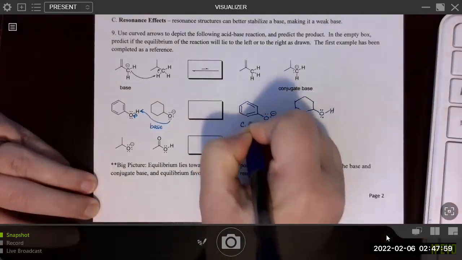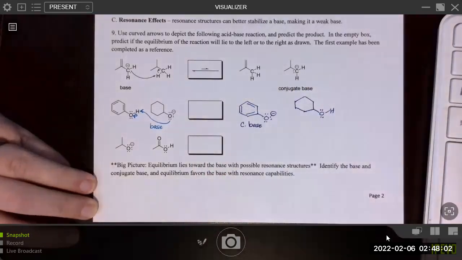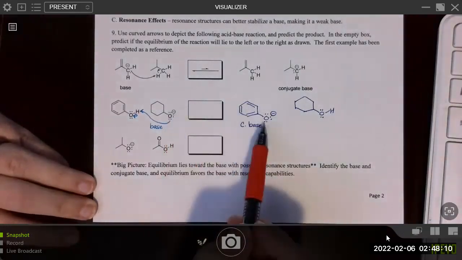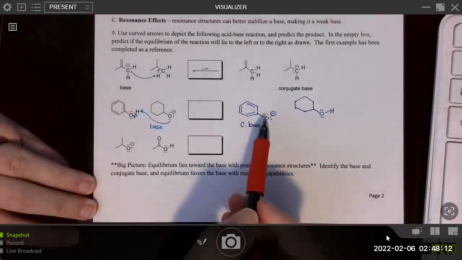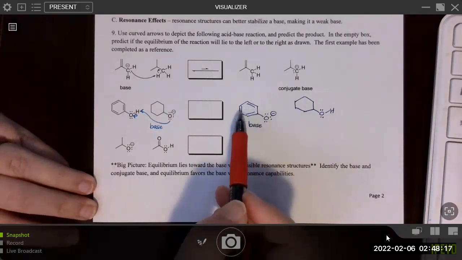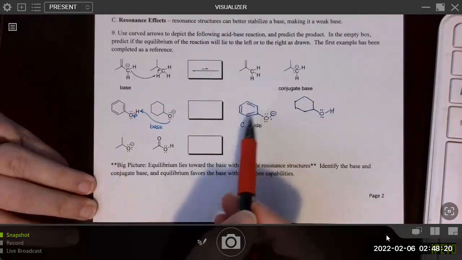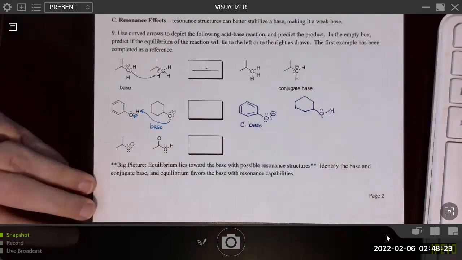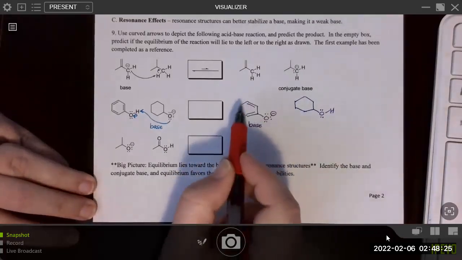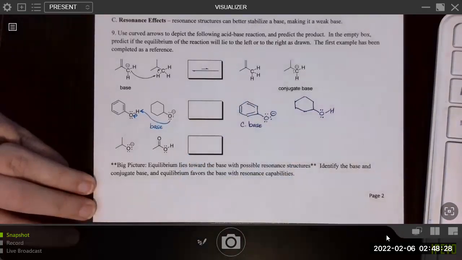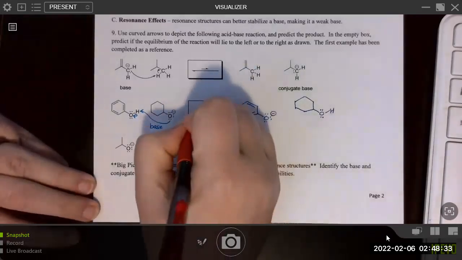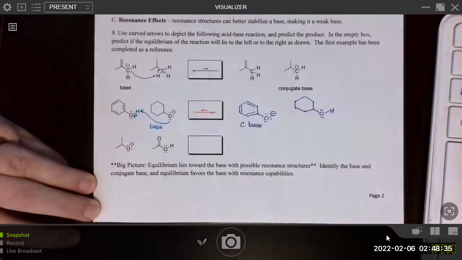Okay, and then we'll go ahead and add in the conjugate base. So comparing the base and the conjugate base, what's the difference? We have the oxygen with the negative charge, which is the same, but this structure has an allylic lone pair that's stabilized through the ring, through the allylic lone pair pattern. So we know that this is more stable due to the presence of resonance structures that help delocalize the electrons. So if it's more stable, we should draw our equilibrium arrow in that direction.